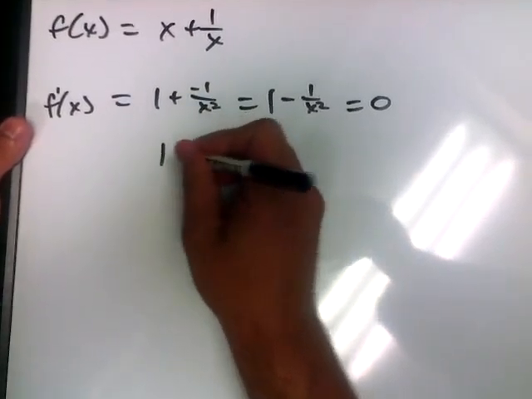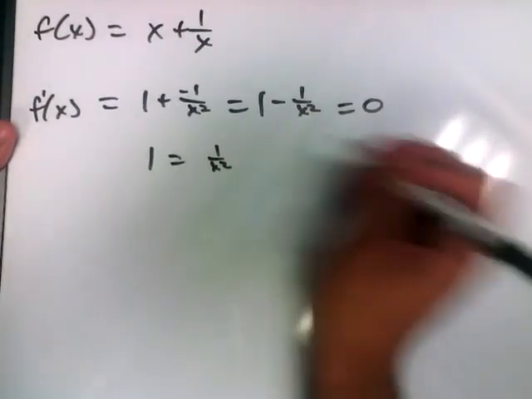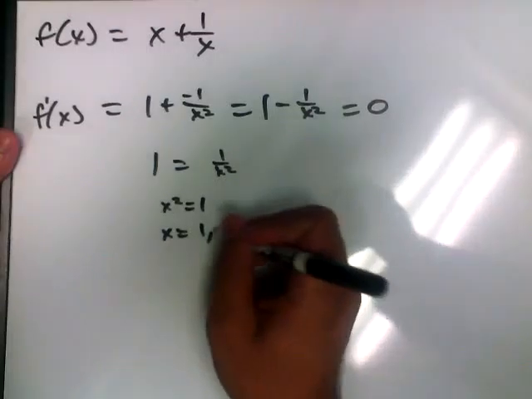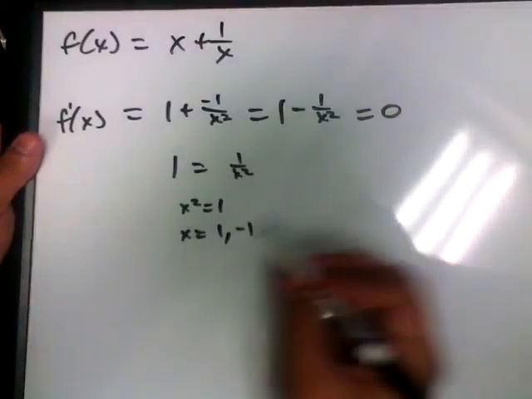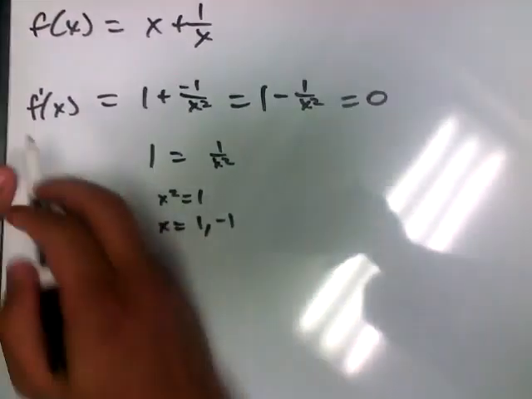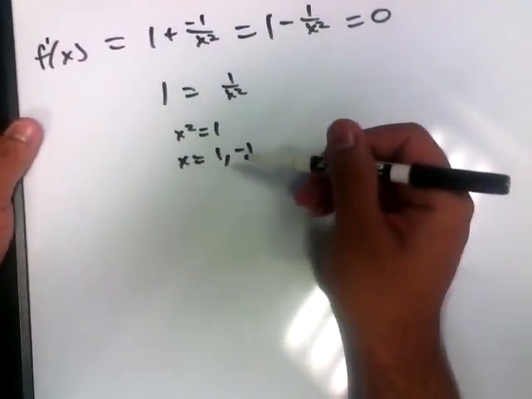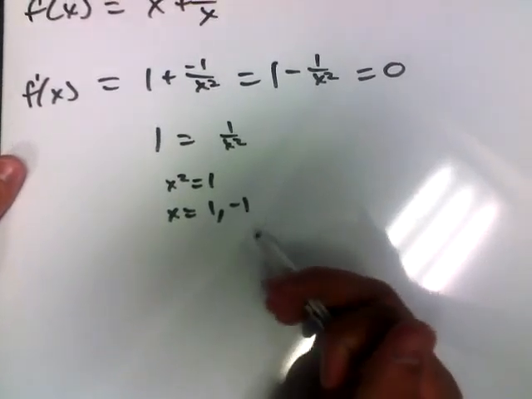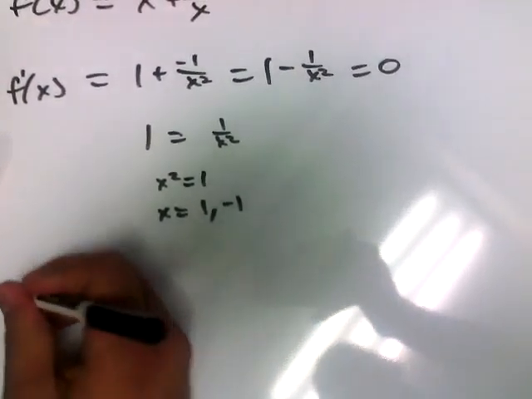We can say that 1 equals 1 over x squared, so x squared equals 1, so x equals 1 comma negative 1. So those are our two critical points according to f prime of x. Now, what we do next, in order to find out what kind of critical points they are, like maxes or mins, we're going to take the second derivative,